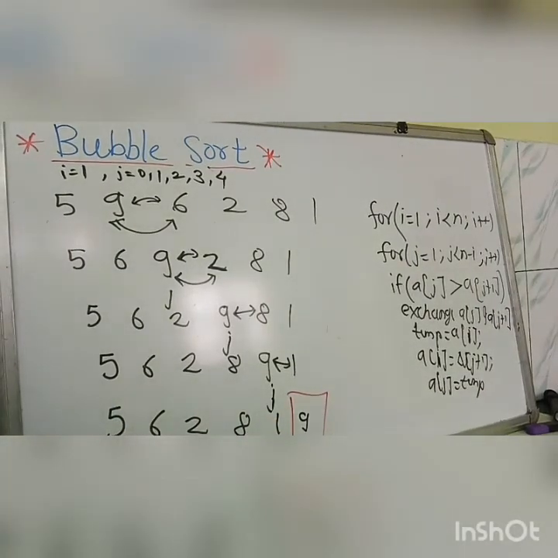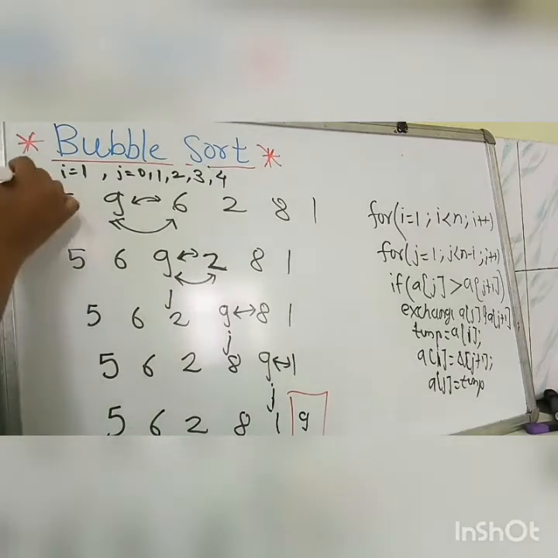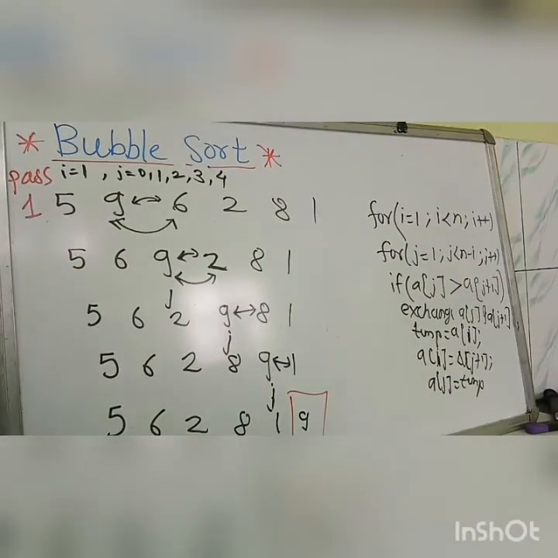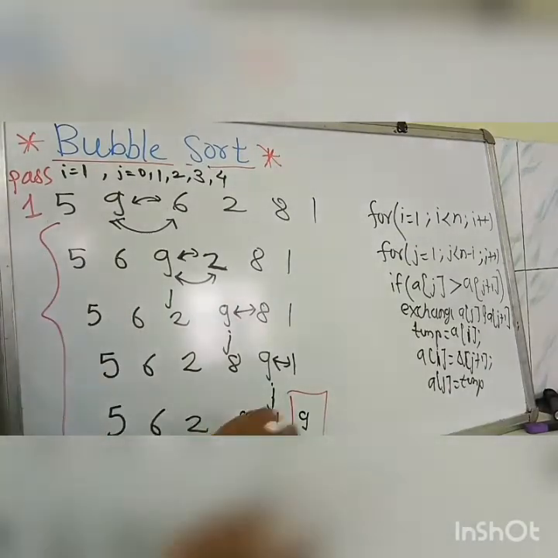Now carefully see this element 9. As you are seeing here, the j index first picks the biggest element from your list, and in each comparison it takes it to the last position. This was pass first, and these are all the comparisons to take this first biggest element to the last of the list. So this is only the first pass.